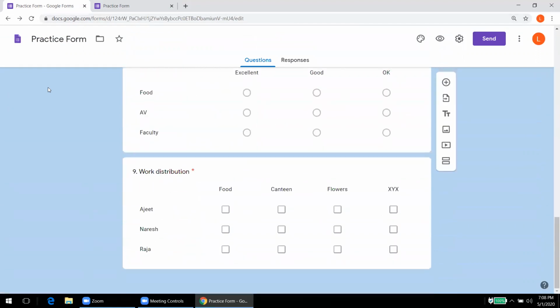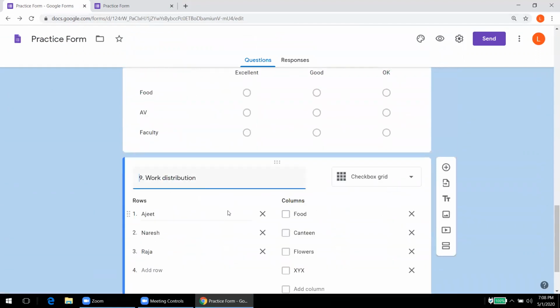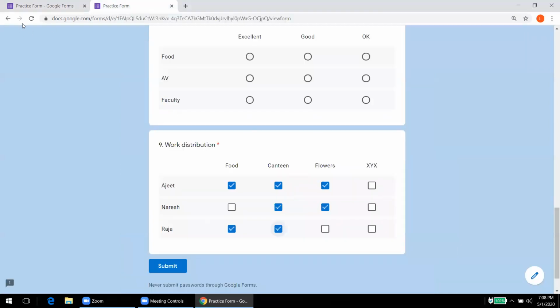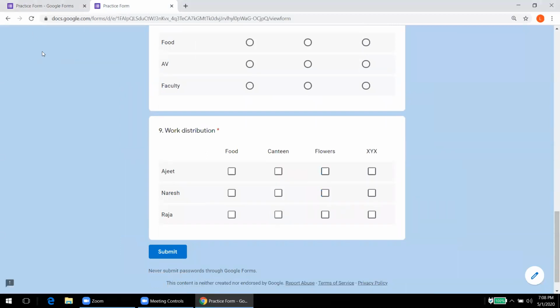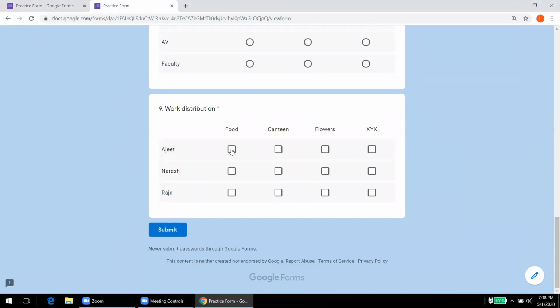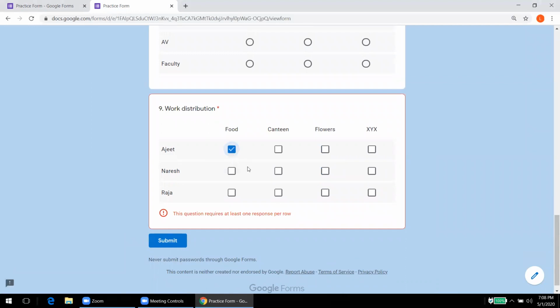Okay. Now here see, if Ajit is bringing the food, Naresh is doing canteen work, and Raja, if I again put a canteen for the same person, that is the same column, immediately I'll get a prompt: please don't select more than one response per column.